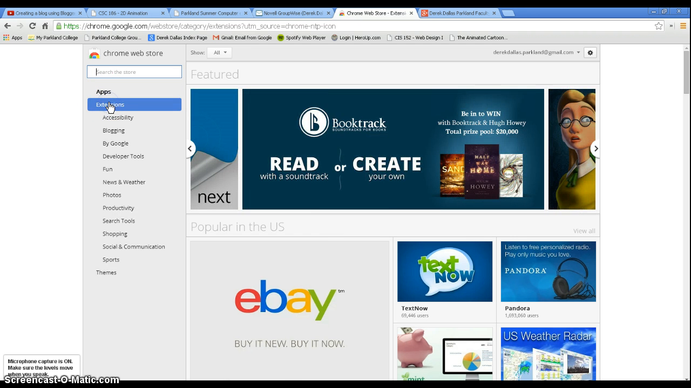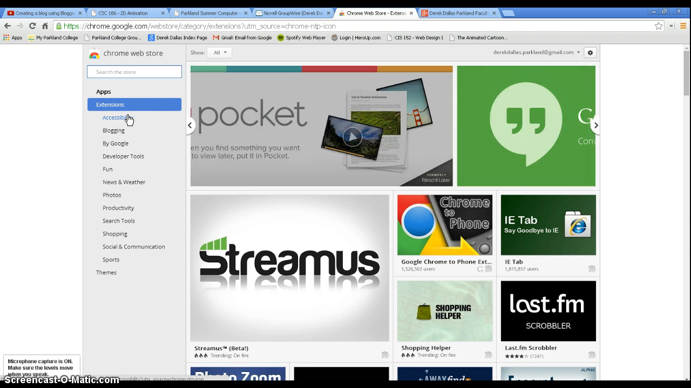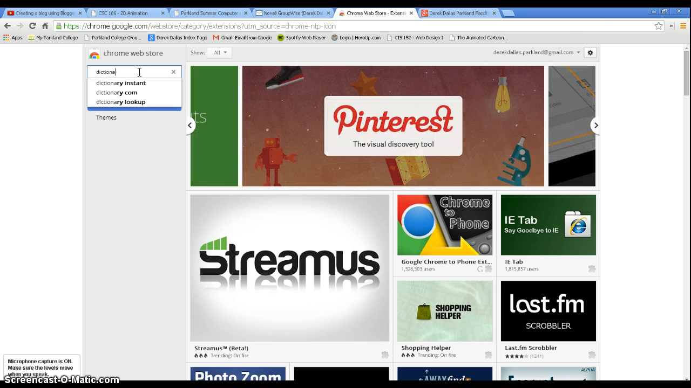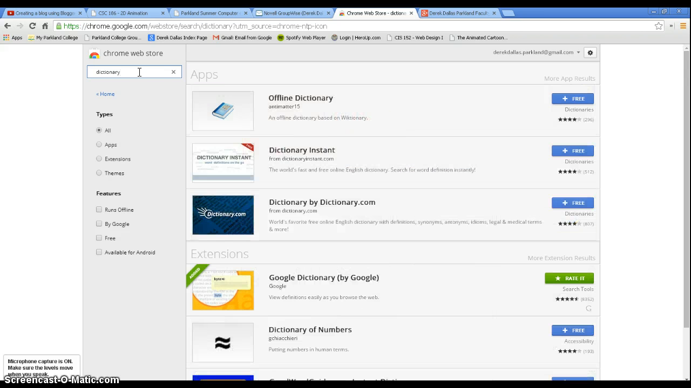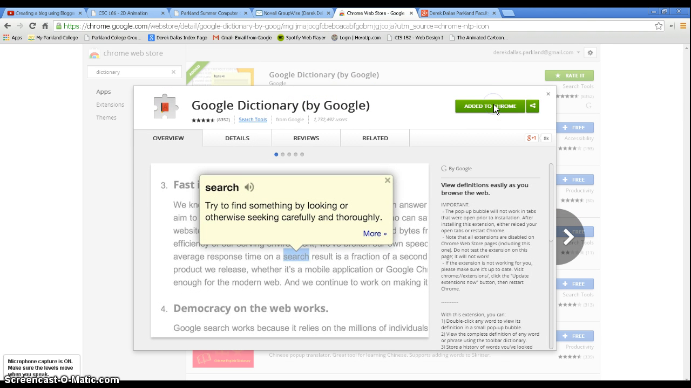I can go to extensions, which give me the ability to add tools to my browser window that I didn't have before. So for instance, if I wanted to use an extension such as a dictionary, and if you were looking for different types of dictionaries, I could search here, and then here's a Google Dictionary by Google. If I wanted to apply this, I already have, but if I added it to Chrome,